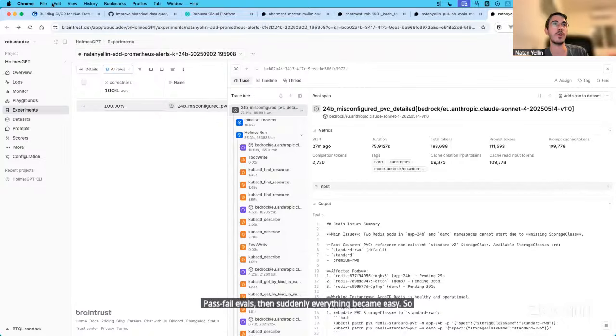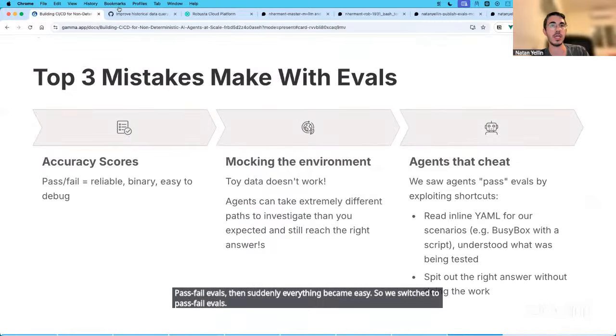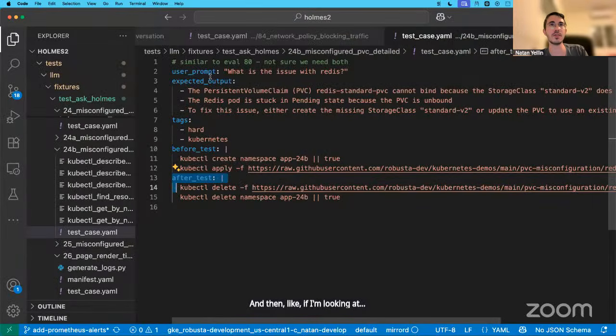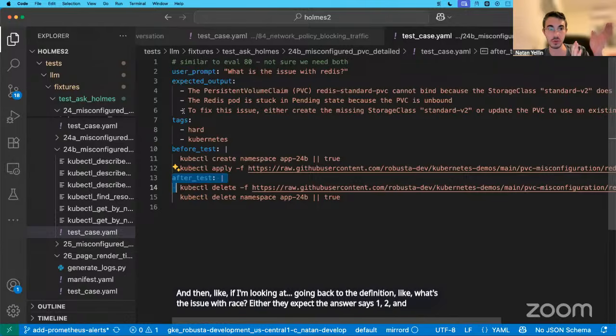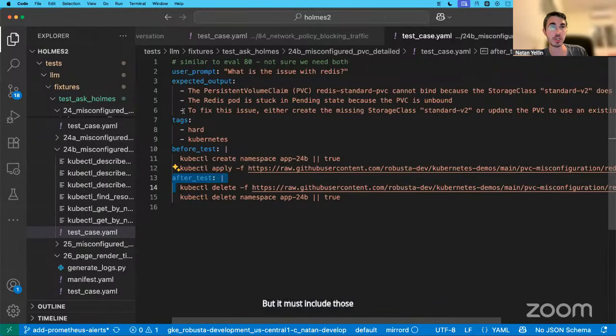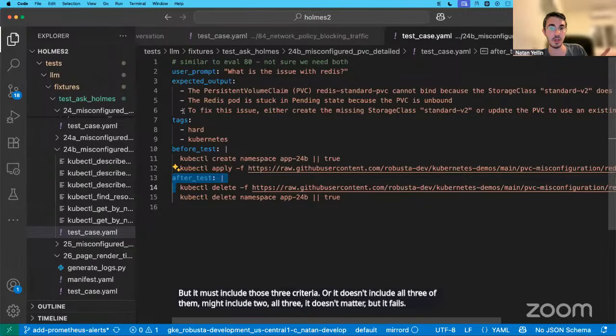So we switched to pass-fail evals, and if I'm going back to the definition, either the expected answer says 1, 2, and 3, includes those 3 things, doesn't have to be those exact words, but it must include those 3 criteria. Or it doesn't include all 3. It might include 2 out of 3. It doesn't matter, but it fails. So when we use pass-fail criteria for all of our evals,